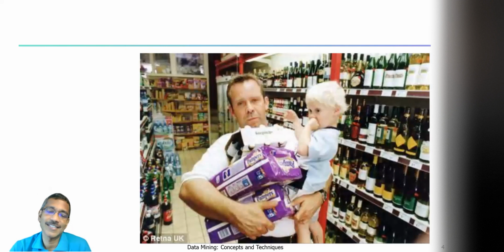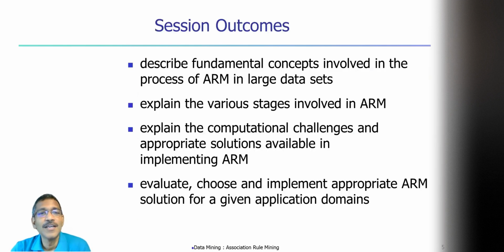Right, so as I said, it's not that important, but if you try to look into some intuition as to why people would buy these together, a reasoning can be given that guys would have to maybe do babysitting, and to do babysitting you need diapers, obviously, because you need to change the small children or small babies, and then to keep themselves occupied, maybe they want to have a beer also, right? Anyway,